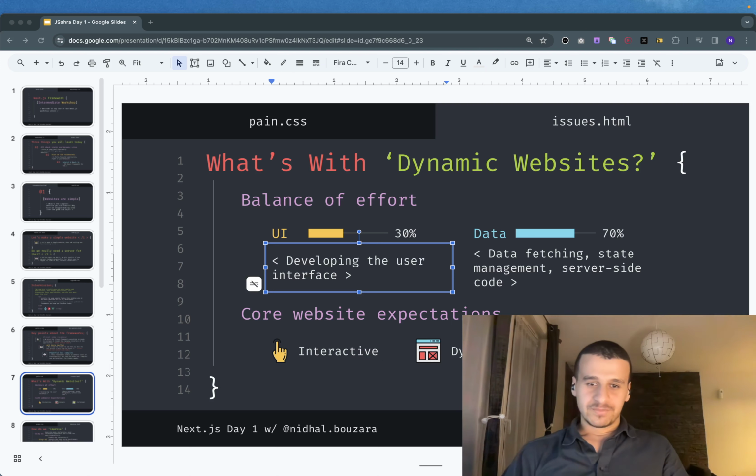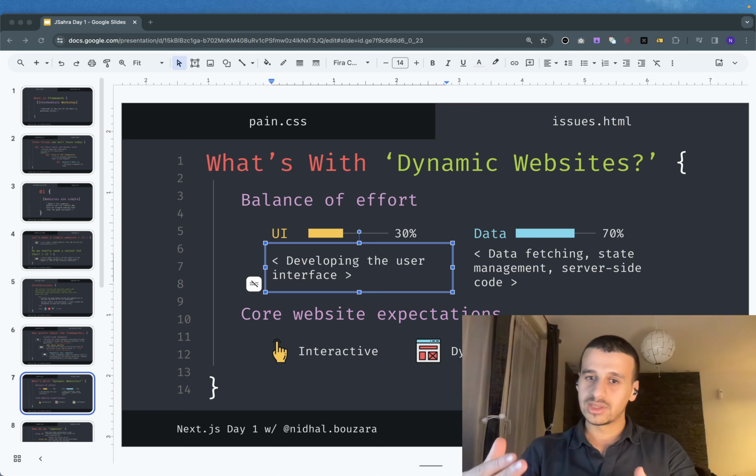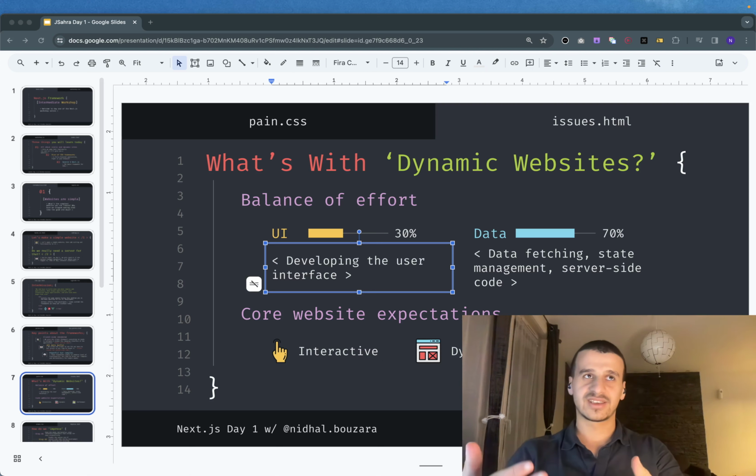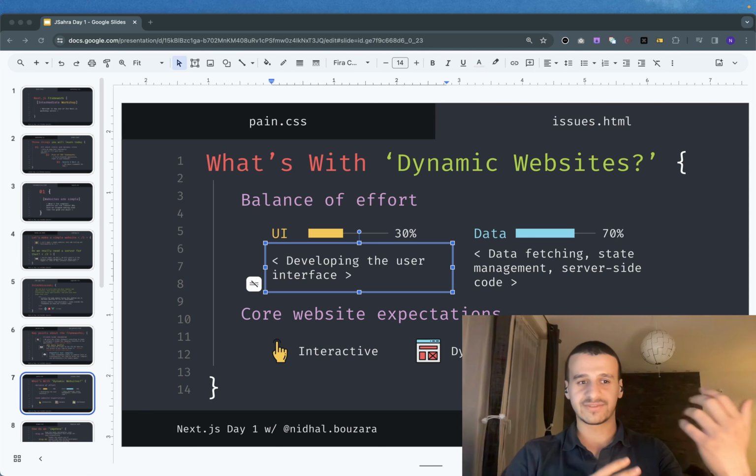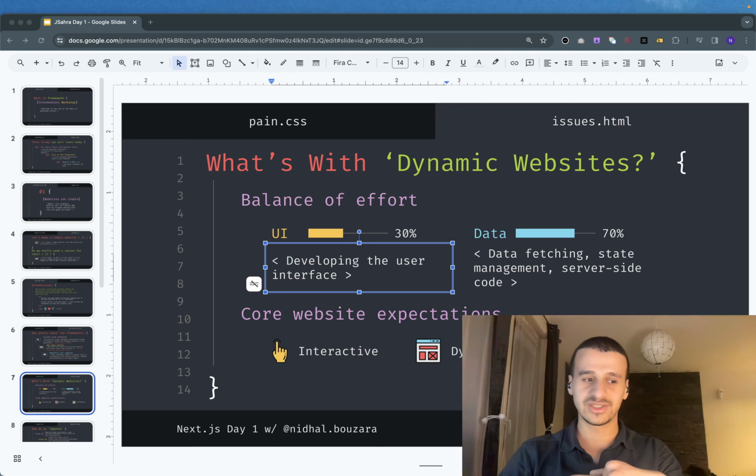Okay, so in terms of balance of time, you will be spending 30% of your time on UI and 70% of your time building those API endpoints, building also state management, as they call it, for your application on the client side. So this React application, it will need